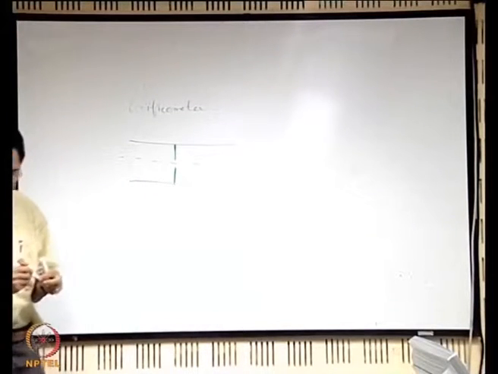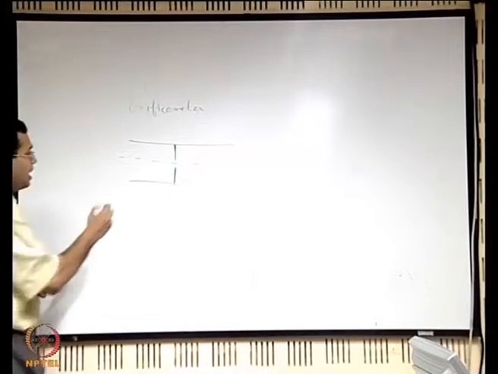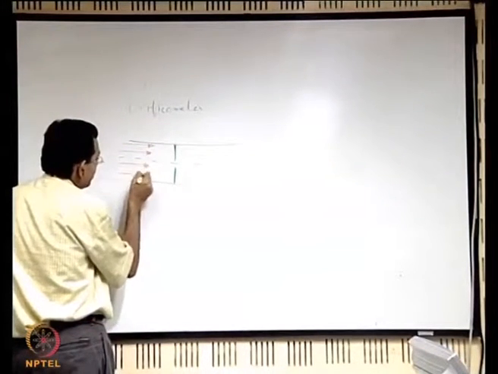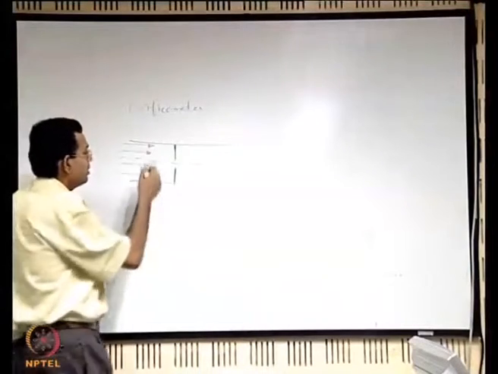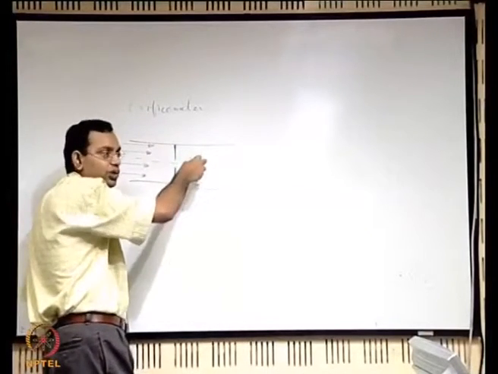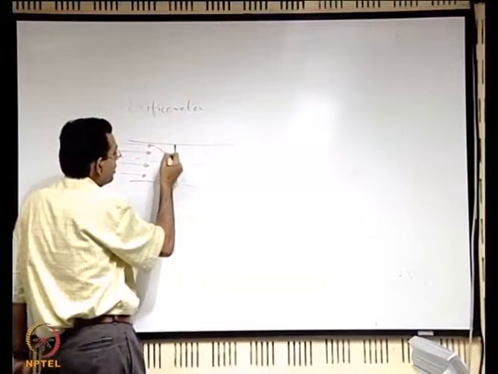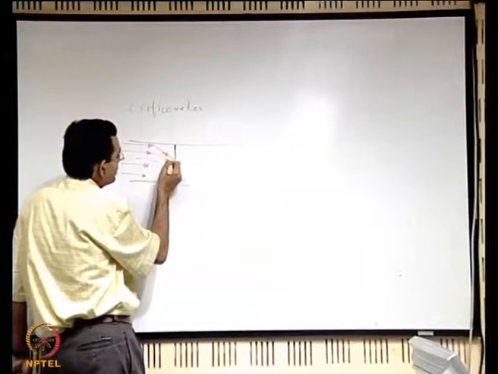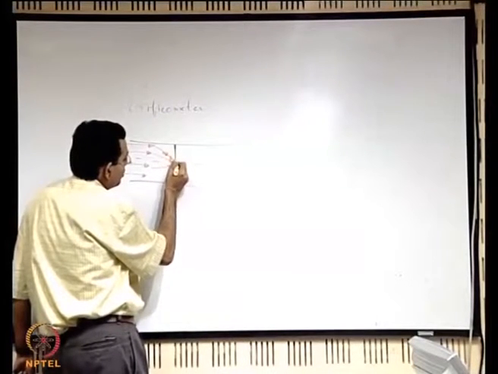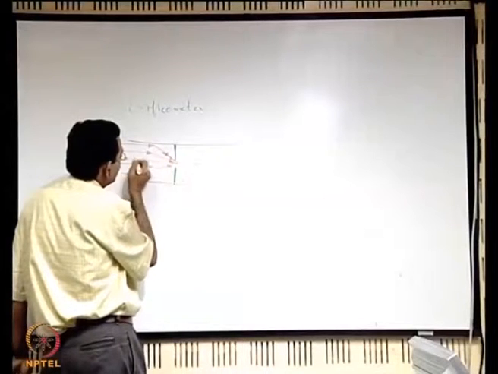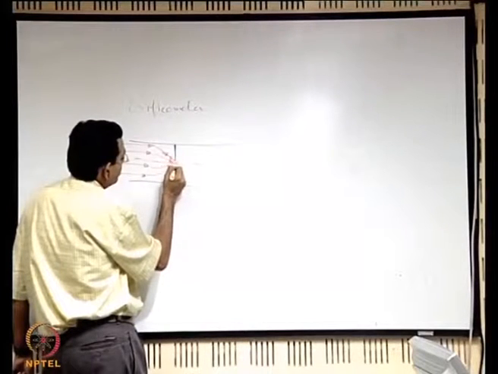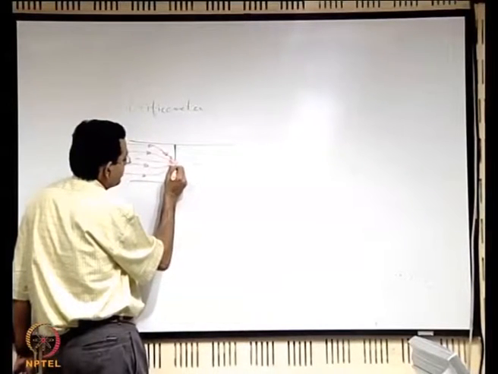Here also, if you consider the streamlines, they were originally, say, parallel to each other, not that they always have to be, but just as an example. Now you know that because of this constriction the streamlines have to be forced to flow through this small section. So streamlines will converge like this, and when the streamlines pass through this, there is also a streamline at the center.